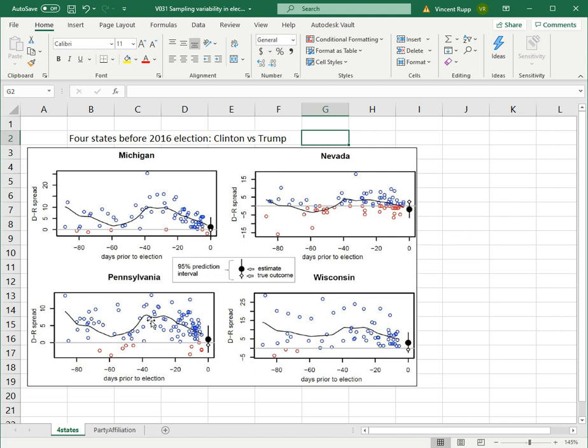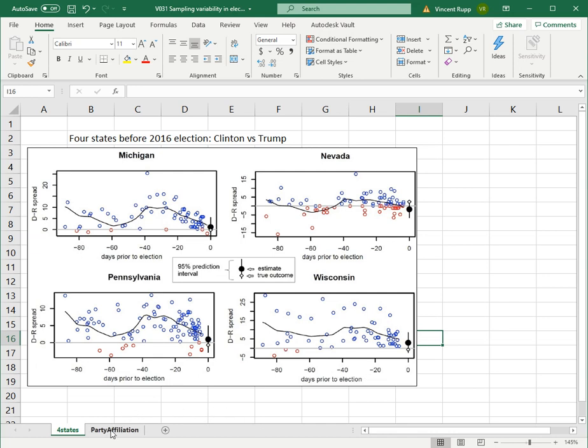But Pennsylvania and Wisconsin show very similar stories to Michigan. There's a lot of sampling variability. The polls were all over the map, up and down, but they really showed Hillary Clinton with a pretty sizable advantage. Then on election day, it turned out the other way. And of course, the reasons for that are beyond the scope of this video,